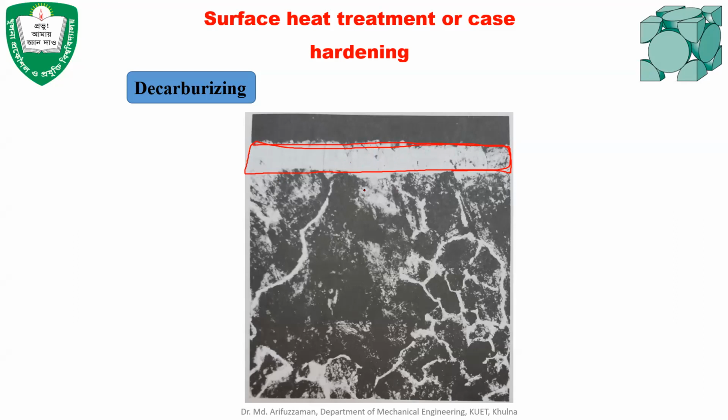That means the carburized surface should not be exposed in a carbon dioxide environment for a very long time, or at a high temperature for a very long time. If we do that, then you will have a decarburizing layer on the surface which is very brittle, and it will break down. Okay, any question?